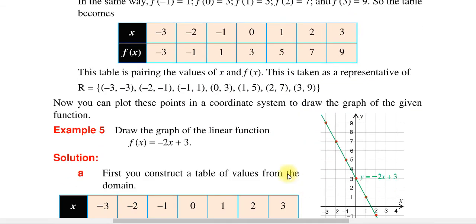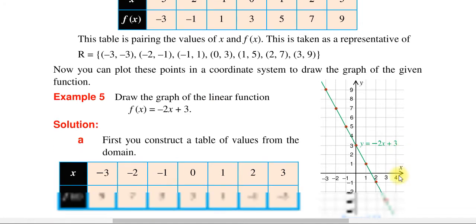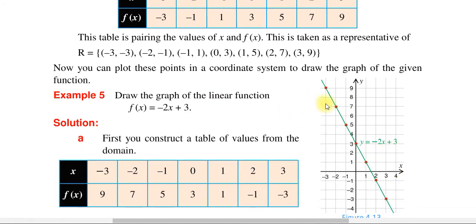ማለት ነው now you can plot the points in the coordinate system to draw the graph of the given function. አሁን የዚህን ፋንክሽን እንግዲህ ግራፉን ለመሳል እነዚህን ታላይ የተጠቀስናቸውን ፖይንቶች ግራፉ ላይ ፕሎት እናደርጋለን መጀመሪያ ምንድነው የምናደርገው draw the graph of the linear function f of x equal to -2x plus 3 draw እናደርጋለን ኦኬ draw የምናደርገው ምን በማድረግ ነው እነዚህን ፖይንቶች በማገናኘት ማለት ነው